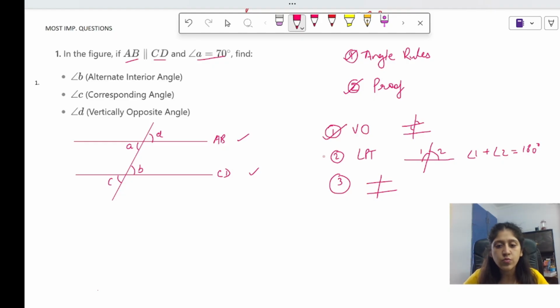So these are the three concepts we have done, and इसी से आपका पूरा chapter complete हो जाता है. Alright? So you can see this is very छोटा chapter. ठीक है? So let's just start. So अब सबसे पहले I have angle A. I am given angle A.